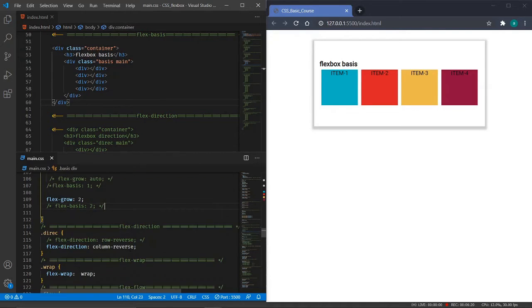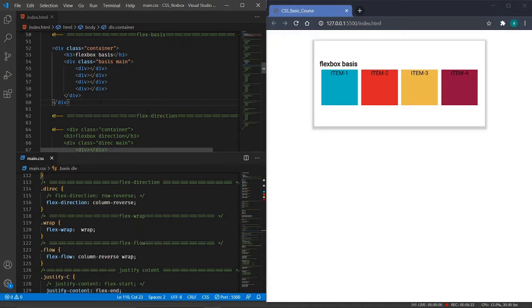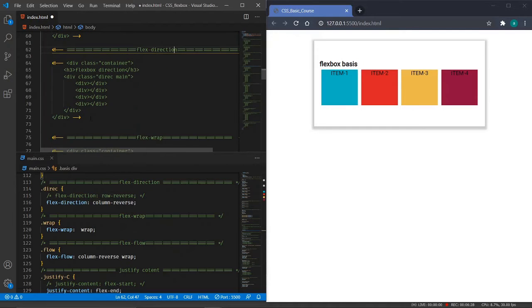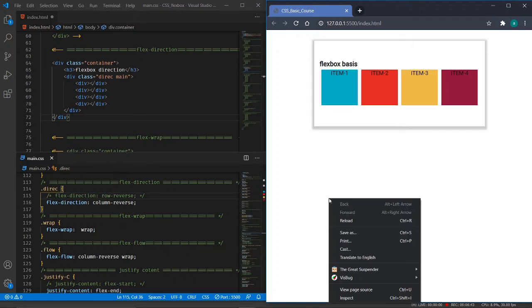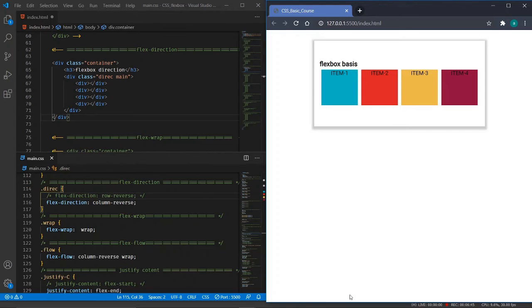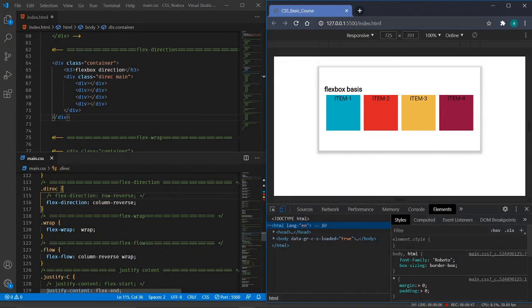Moving forward with the flex direction, I have added the same type of markup for the flex direction, and in the flex direction we have discussed the directions row, row reverse, column and column reverse. For all the different values, we will look at the developer console.